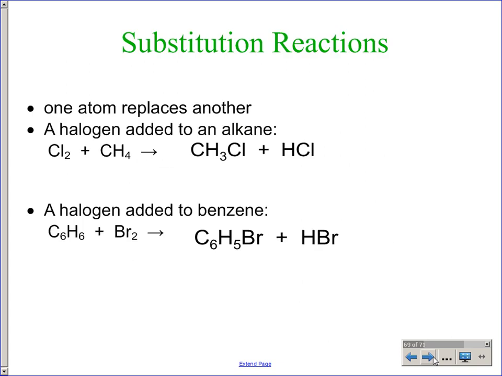The second type of organic reactions are the substitution reactions. And all it is, you're substituting an atom or multiple atoms. So one atom is going to be replacing another. The very common type have halogens included, and they're going to be replacing something on the alkane chain. So whenever you talk about methane, it has 4 hydrogens around it, and just one of the chlorines from this diatomic chlorine is going to bounce and boot out one of those hydrogens. So it's going to substitute. So then you make